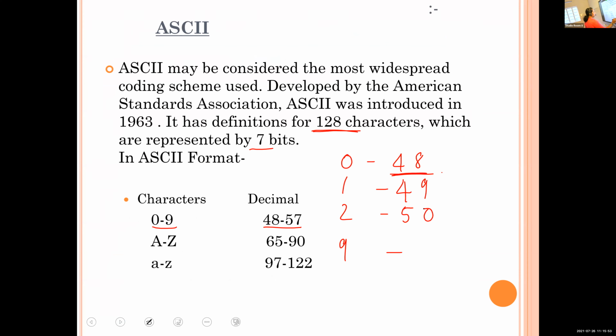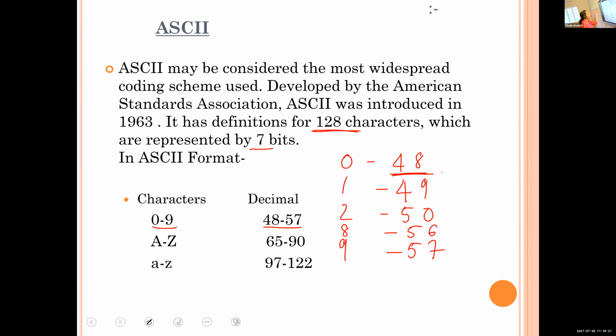John Philip, what is the value of 9? John, switch on the video. Ma'am, I'm having a few connection issues. Then the value of 9 is 57. What about 8? 56. Okay, John. So these are the ASCII values for integers, that is 0 to 9 represented from 48